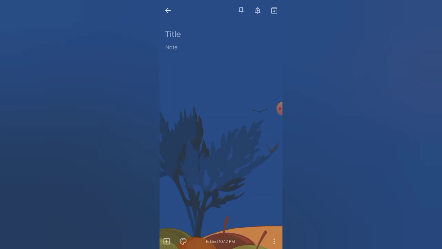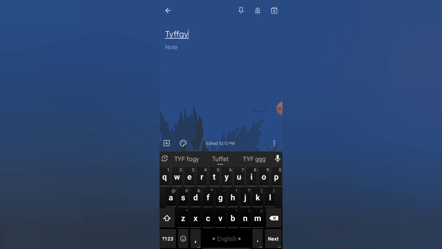So you can see that it's really interesting and really beautiful looking. So now you can type anything, a title, and you can type a paragraph, and it's really good to see. So you can change the background easily from this